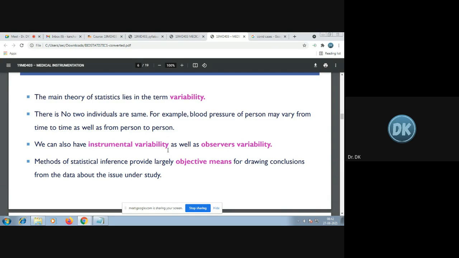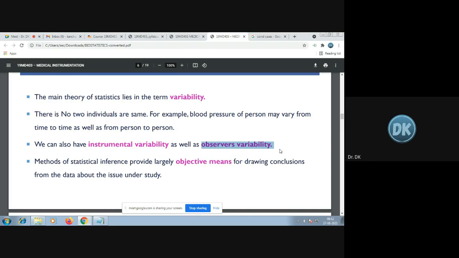If you take an ECG machine, lots and lots of ECG machines are available in the market, right? You have a Philips machine, you have Toshiba, lots and lots of manufacturers, and they have different instruments. Each instrument will have a different setting, so whatever signal you are collecting will be different. If you measure ECG using a Philips machine, it will have different parameter settings. If you are using a Toshiba machine, then it will have some differences in the signal settings, right? So that is the instrumental variability, which is very, very important.